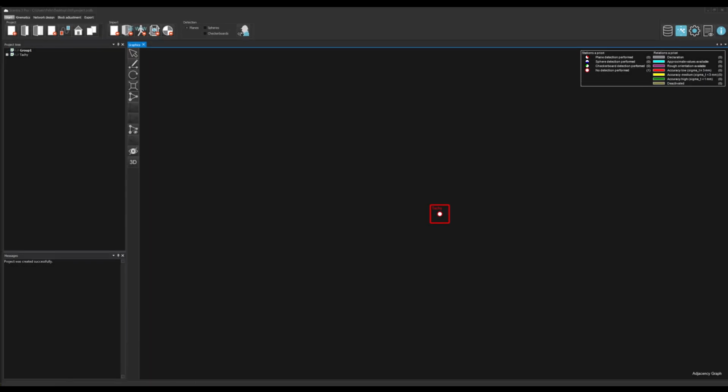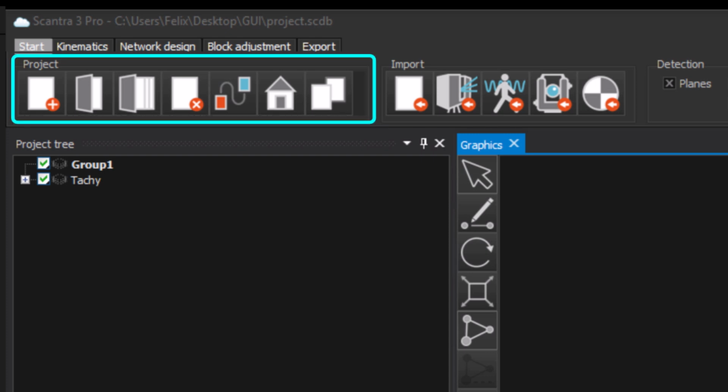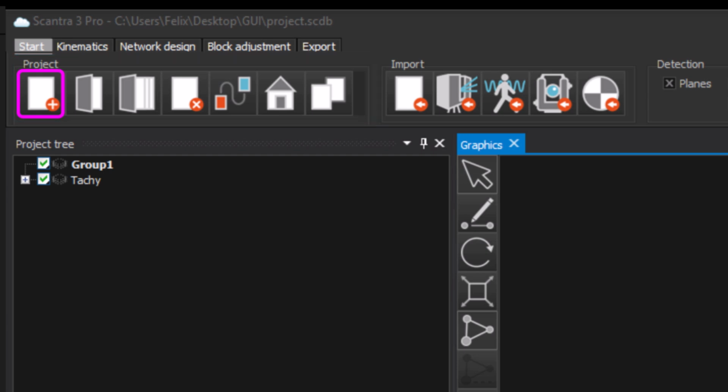This video explains the project group box under the Start ribbon, which contains initial steps within a project. Self-explanatory buttons are not discussed in the following and will be highlighted in green, while functions that deserve more attention are tinted in magenta. The project group box features the following buttons: Create Project, Open Project, Last Recent Projects, Close